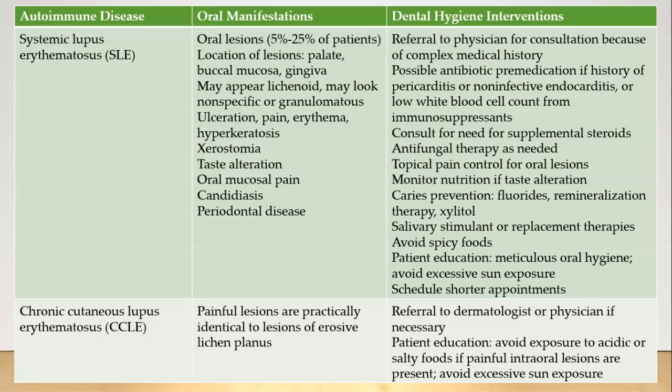symptom. Systemic lupus erythematosus: oral lesions in 5 to 25% of patients. Location of lesions: the palate, buccal mucosa, gingiva. May appear lichenoid, may look nonspecific or